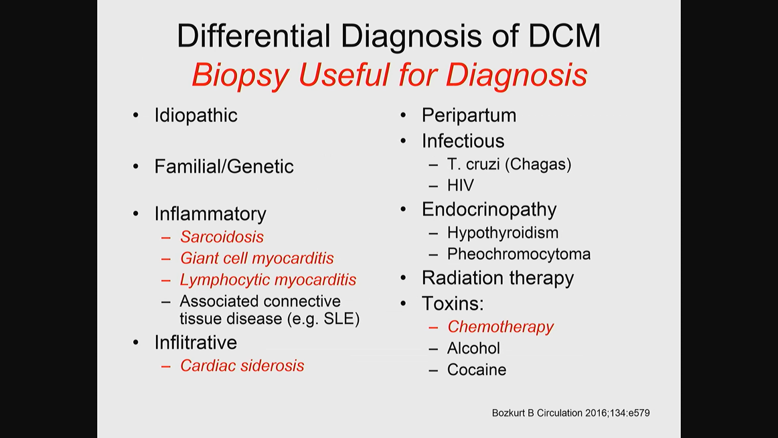Another reason to think about this is that it can help guide which patients benefit from undergoing an endomyocardial biopsy, which are highlighted here in red. Those include patients in whom you consider inflammatory etiologies, including sarcoidosis, giant cell myocarditis, lymphocytic myocarditis, potentially those with iron overload, although that is a diagnosis which can be made non-invasively in most cases, and also with certain types of chemotherapy complications, but also one that doesn't always require